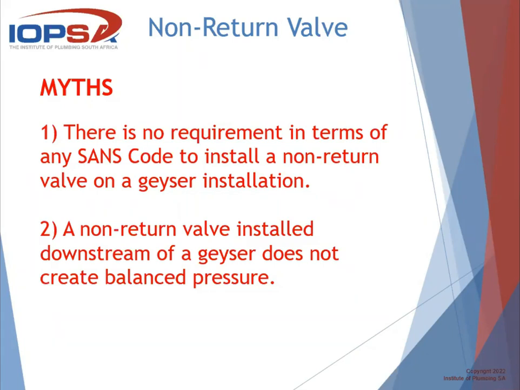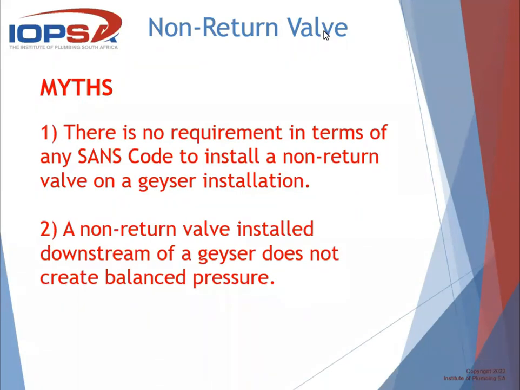That's number one. Number two is to rectify unbalanced pressure, an unbalanced system. A lot of guys think that by installing a non-return valve on the hot water line, that you have now rectified that situation. That's not the case. You simply put a band-aid over a bigger problem. And the only reason you're putting that non-return valve in that hot water line is as a manufacturer's recommendation, so that when you have an unbalanced